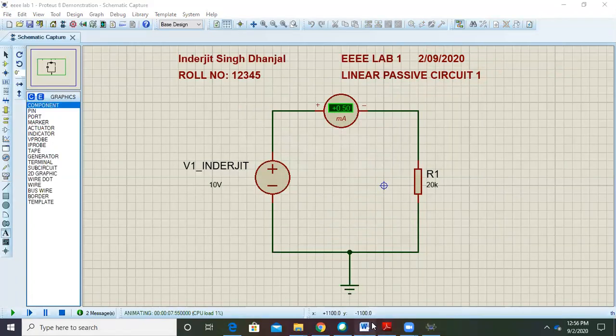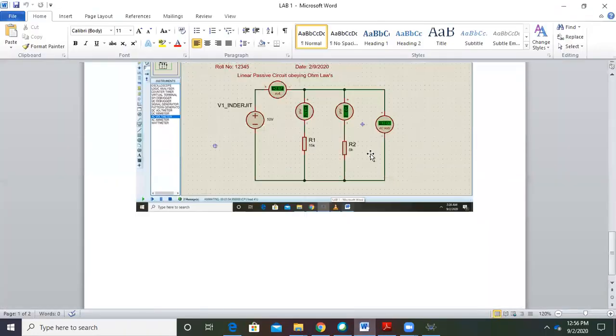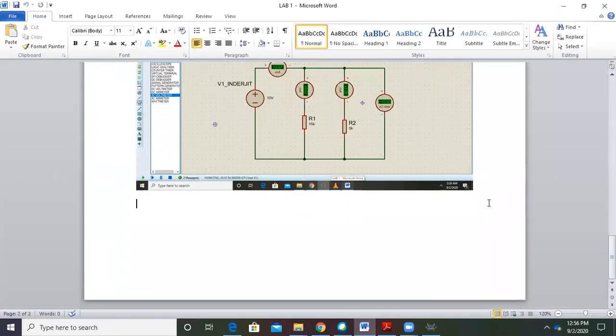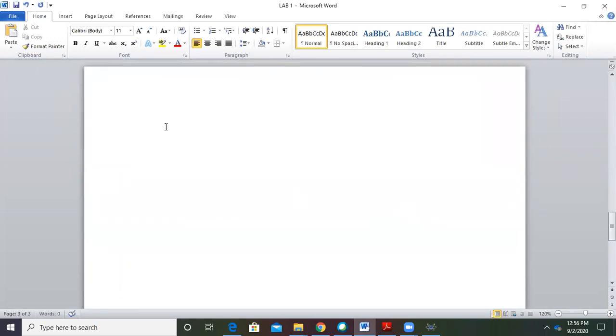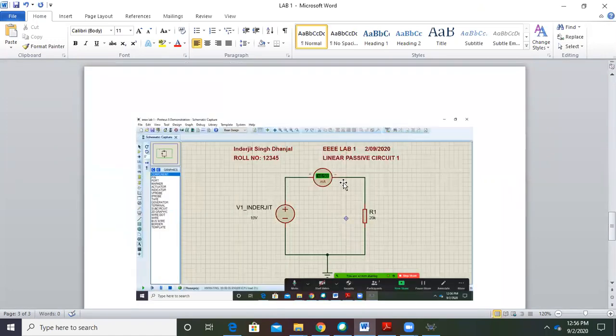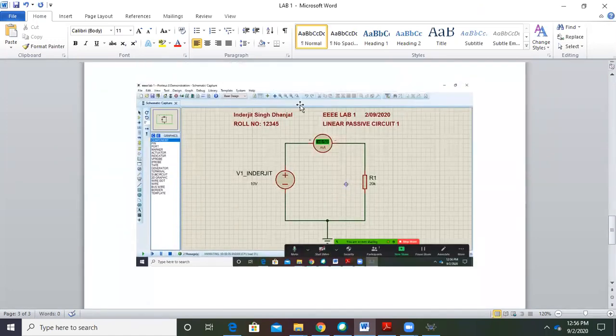Okay, you will be allotted an online Google document wherein you can save your work. Now let me open an offline Google document, right? So here is my Google document. I'll just Control V or my right click and paste it. So you see, whatever I have done, I have pasted it over here. Okay, so same way you also have to do for each and every circuit.